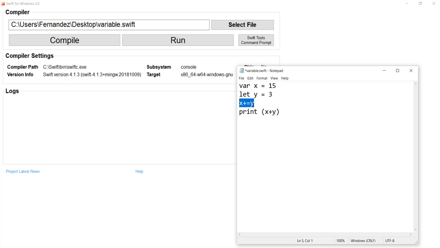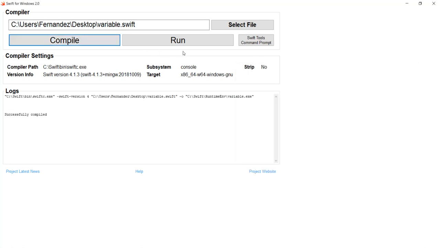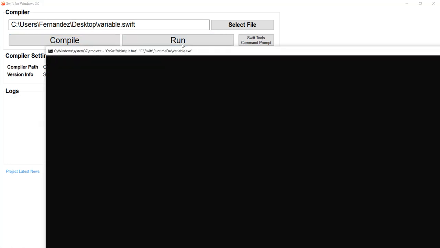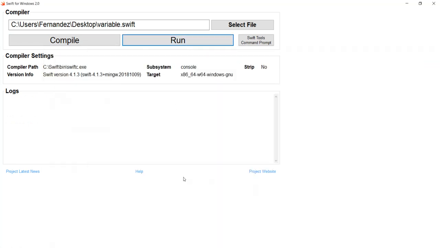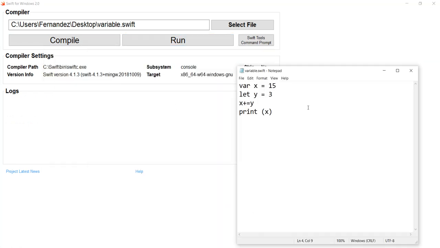The value of x plus y is computed and stored in x. So when you do x plus equal to y, x is going to take the sum of x and y. Let's try this one, compile and run it. Yeah, it's going to give the value of 18 again. So this is an easy way where you can reduce the complexity involved.